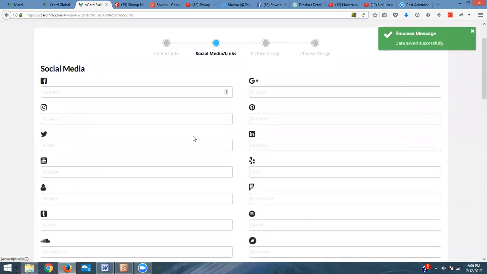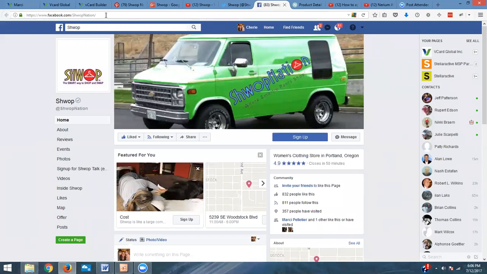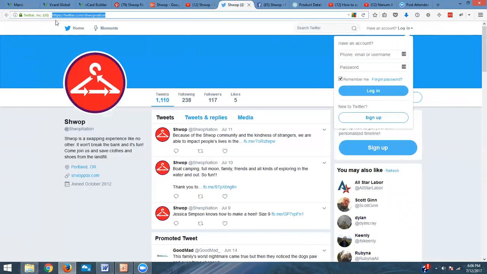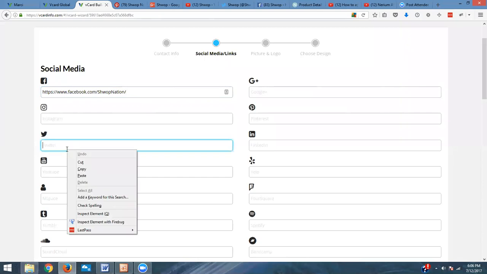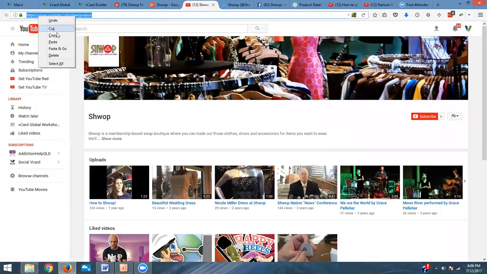And this is where we aggregate all of our social media in one place. And my account here for Marcy, she does have lots of social media. So I'm going to grab her Facebook account. You see that? I just highlight that whole URL, I right click, I copy that, and then I jump back over here and I right click and paste. And she's also got a Twitter account that I'll grab and paste that in for Twitter. She's got a YouTube channel,